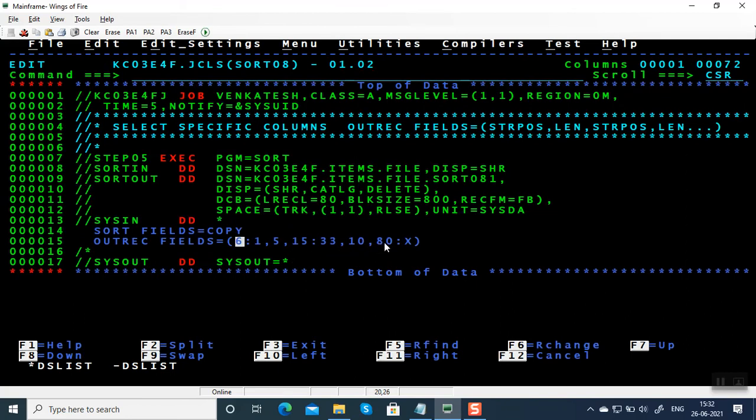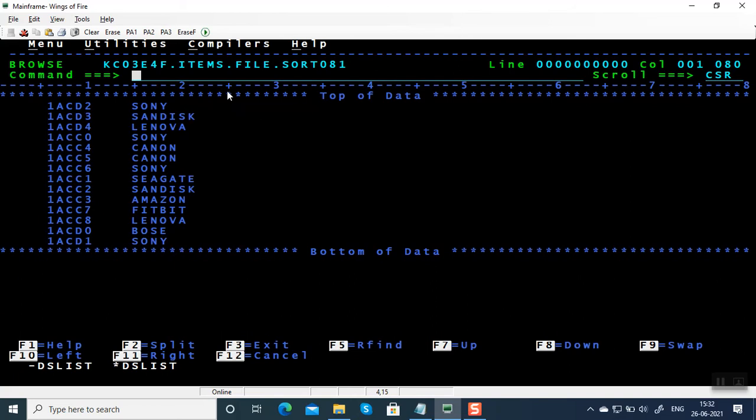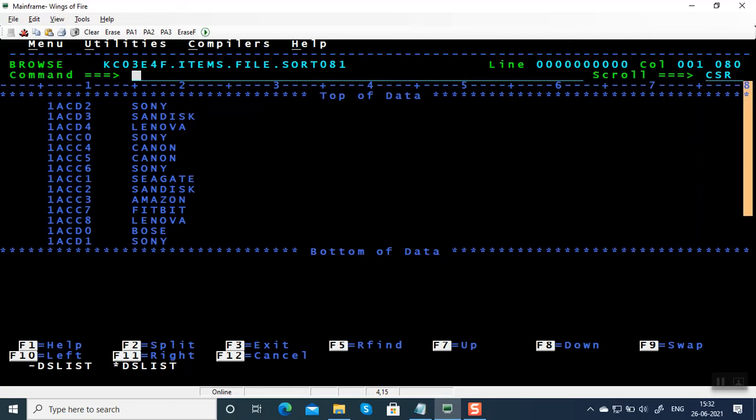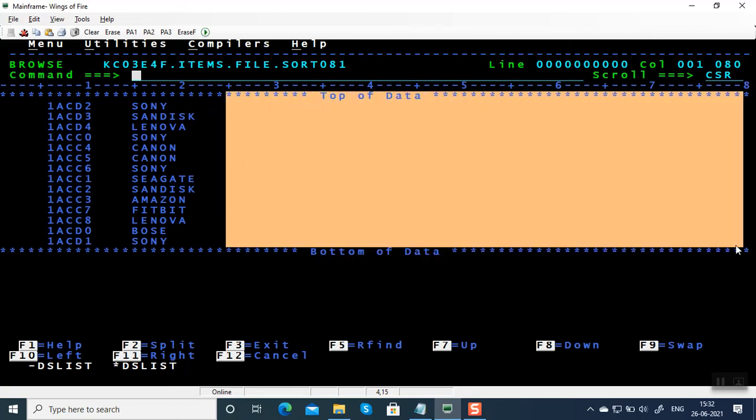Similarly, I'm introducing one field at the end, 80 colon X, because the length is 80 bytes here. The last field I'm adding is a space. Whatever you have from here till the 80th column will be automatically padded with space. If we don't introduce a space in the 80th column, all these will be junk data, usually low values.